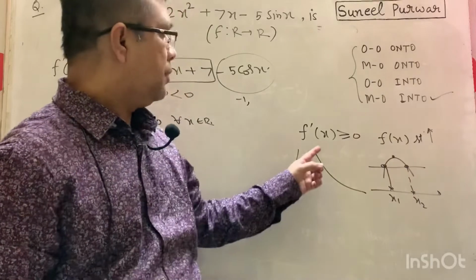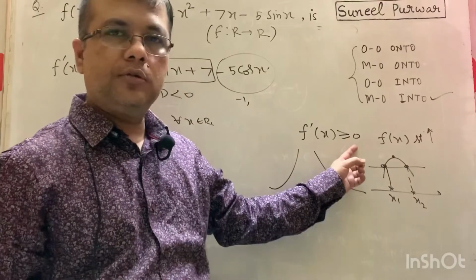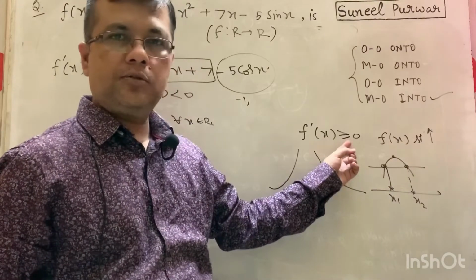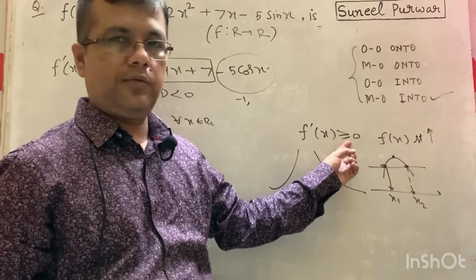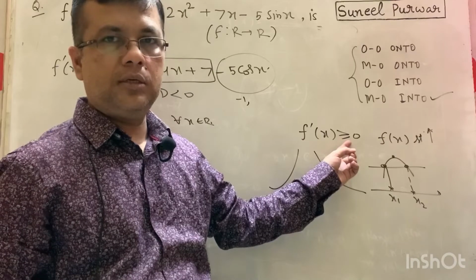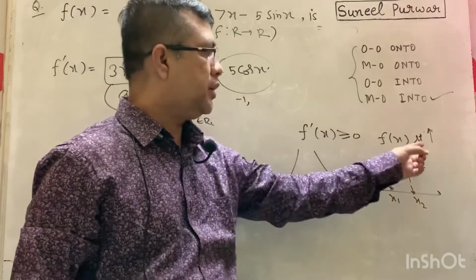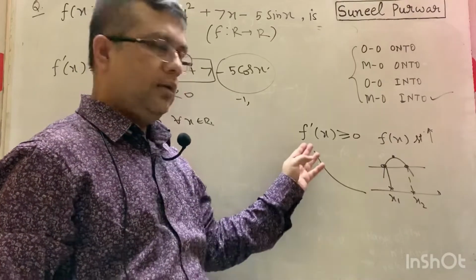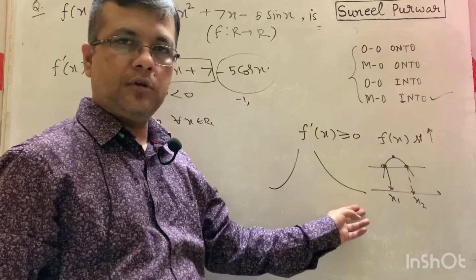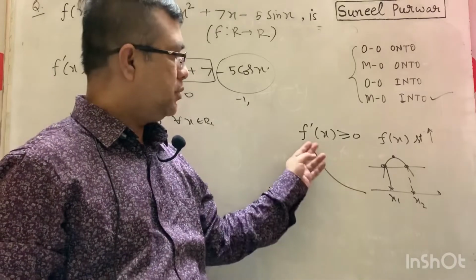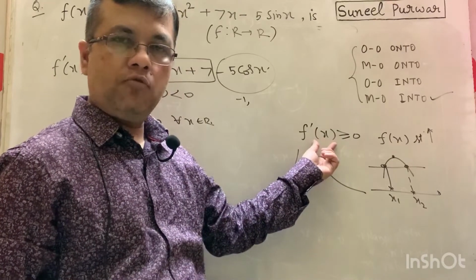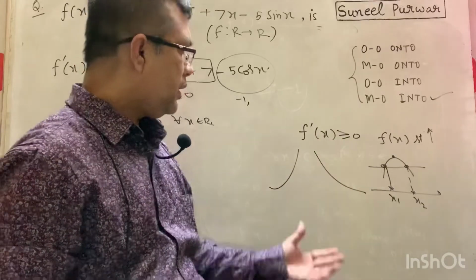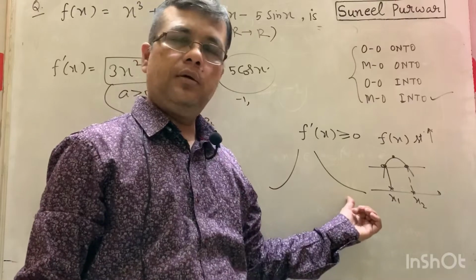Derivative test. So if f dash x is greater than or equal to 0, then fx is strictly increasing. And remember, f dash equal to 0 is allowed, not in the interval, okay? It has to be 0 at discrete points. Then fx is strictly increasing. See, this is an example of a strictly increasing function, which is always 1, 1. Similarly, a strictly decreasing function will also be always 1, 1. If f dash x is found to be less than or equal to 0, then your function is what? Strictly decreasing. In that case also, fx will be 1, 1.